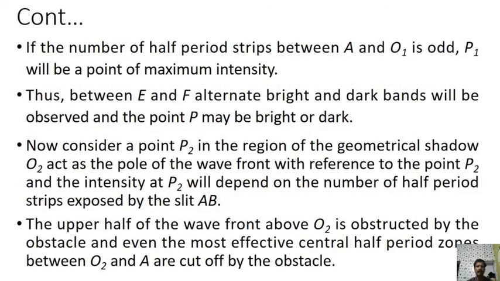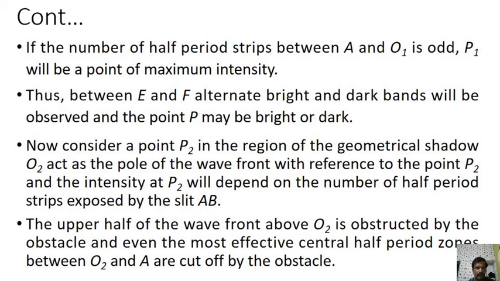If the number of half-period strips between A and O1 is odd, P1 will be a point of maximum intensity. Thus, between E and F, alternate bright and dark bands will be observed,